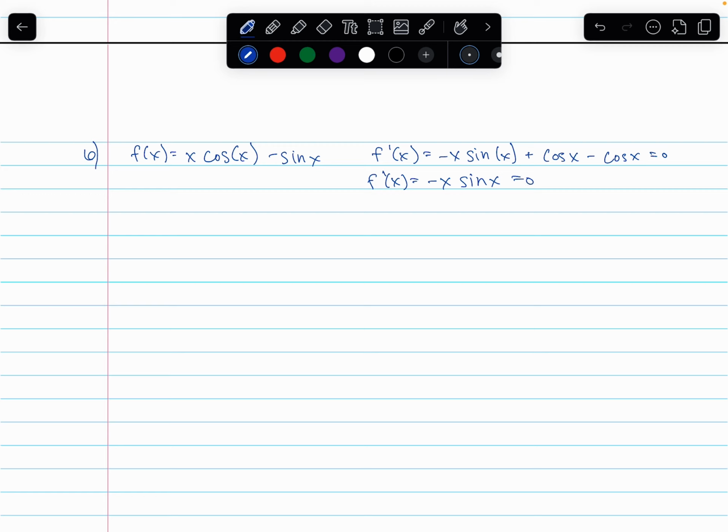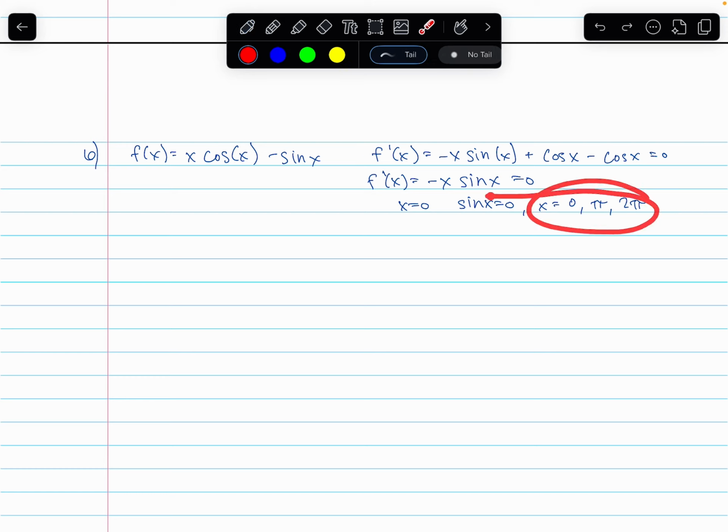Now that will be equal to 0 when x equals 0, or when sine of x equals 0, which will be when x is equal to 0, and at pi, I would say negative pi, but that's not going to be in the interval, so 0, pi, and 2 pi. Okay, and so these are the critical points happening here, and then we have our interval, which is from -pi/2 to 2 pi. So using the candidates test,